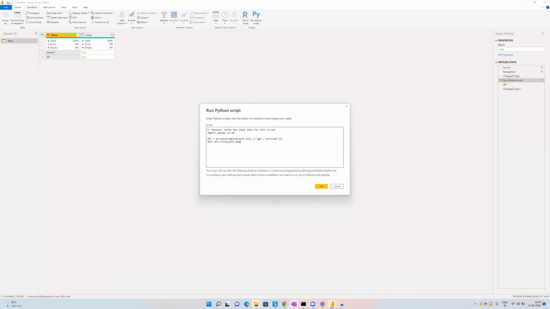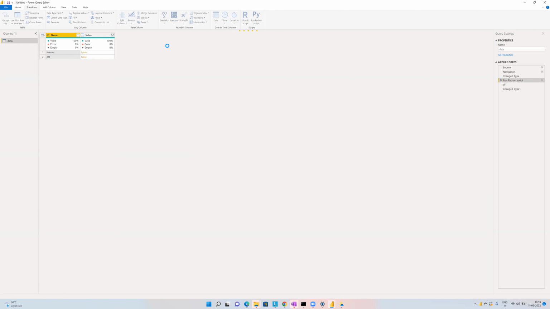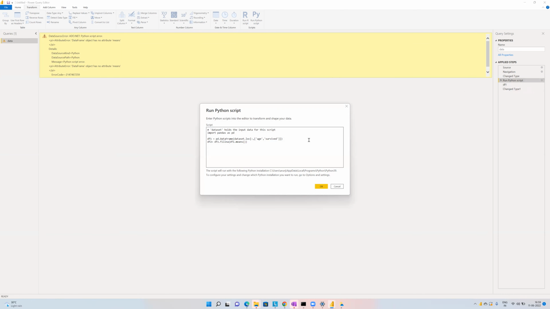mean, fill it with the mean values of each column. So let's see if this one works. Hopefully no mistakes in this. The best way actually is to use an IDE and use its functionality of checking if there are any errors coming in. So yes, there is some error,